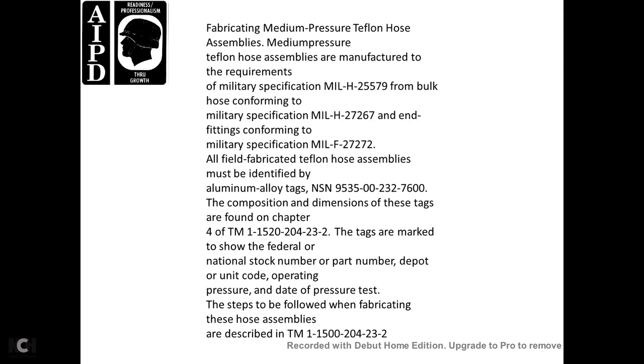Alright, fabricating medium pressure Teflon hose assemblies. Medium pressure Teflon hose assemblies are manufactured with bulk hose conforming to military specification MIL-H-25579 and MIL-H-27267, and end fittings conforming with the military specification MIL-F-27272. All fabricated Teflon assemblies must be identified by aluminum alloy tags, NSN 9535-00-232-7600. The composition and dimensions of these tags are found in the Chapter 4 Technical Manual